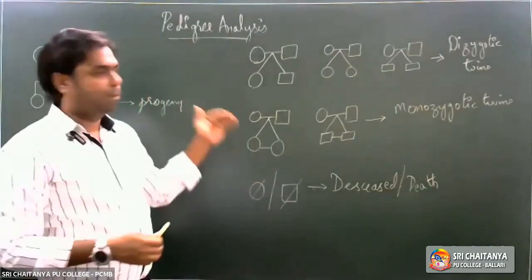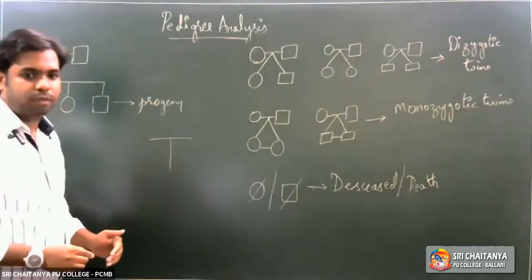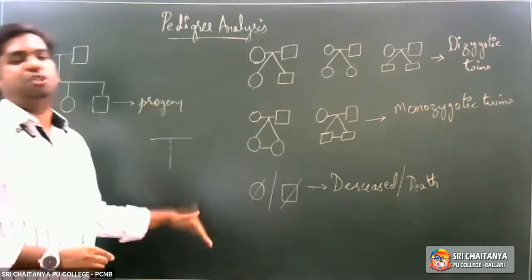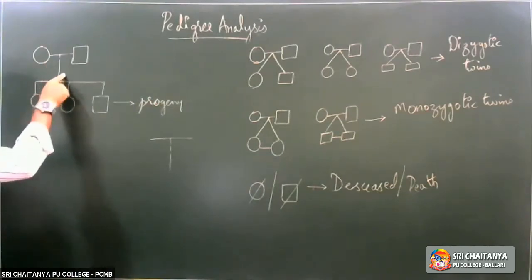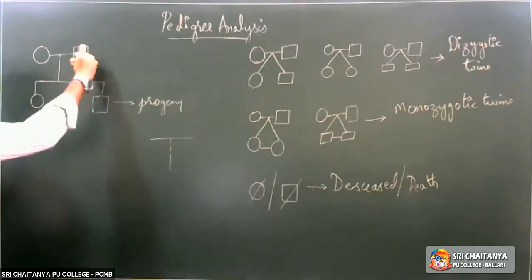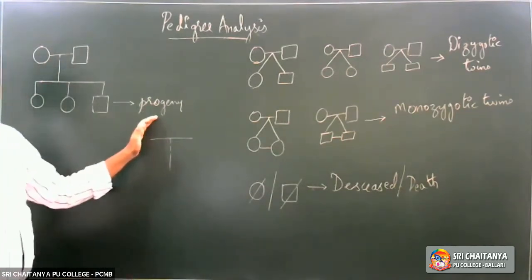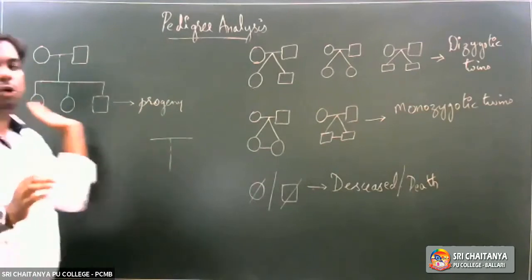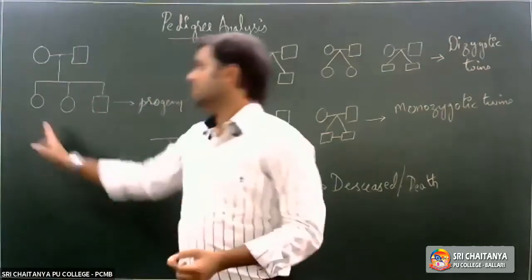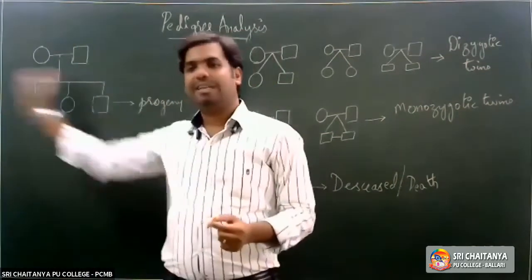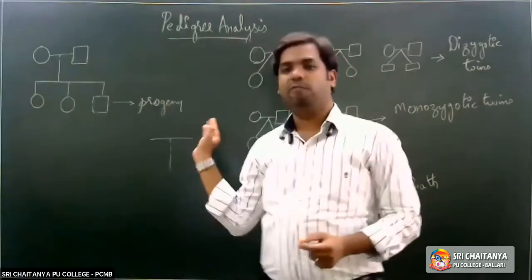Then we saw that when we draw a horizontal line and there is a vertical line shown, right? This would indicate the next generation, just like what we have shown here. So this T-like structure would indicate the next generation, right? And the individuals below that would indicate the progeny. And as I've said already, remember that whenever we are talking about the order of the offspring, the order of the progeny, we always start from the left, right? So the extreme left would always be the first child, and the extreme right would always be the last child.